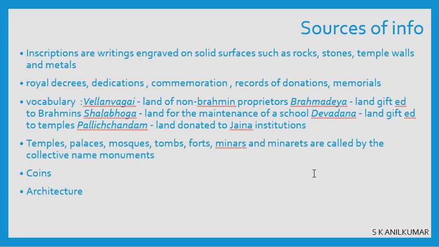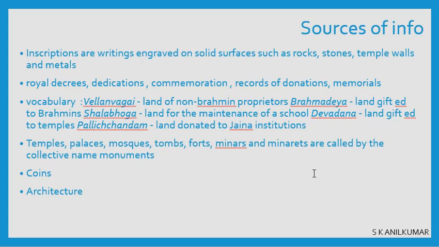Now, inscriptions are carved out on flat stones or on the walls or on some other places. Sometimes it is on the rock, sometimes it is on the stone, sometimes it is a temple rock, sometimes it is a Vijaya Stambh or the Sarnath pillar types. Sometimes it is written on metals and stored in the archives. What is written here? Mostly it is written about the royal decrees, the dedications, to whom it is given, why it is given, when it was given, where it was given, commemorations, after which victory or after which event somebody had a son, somebody got married. So all those events were recorded.